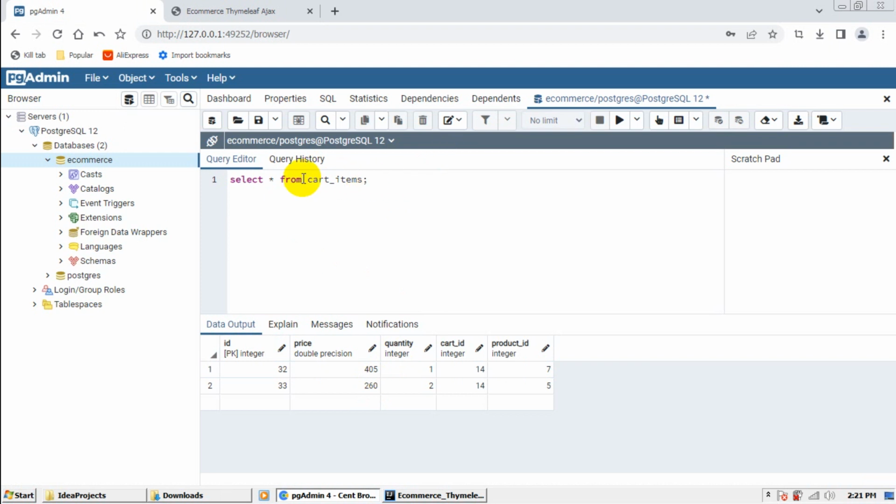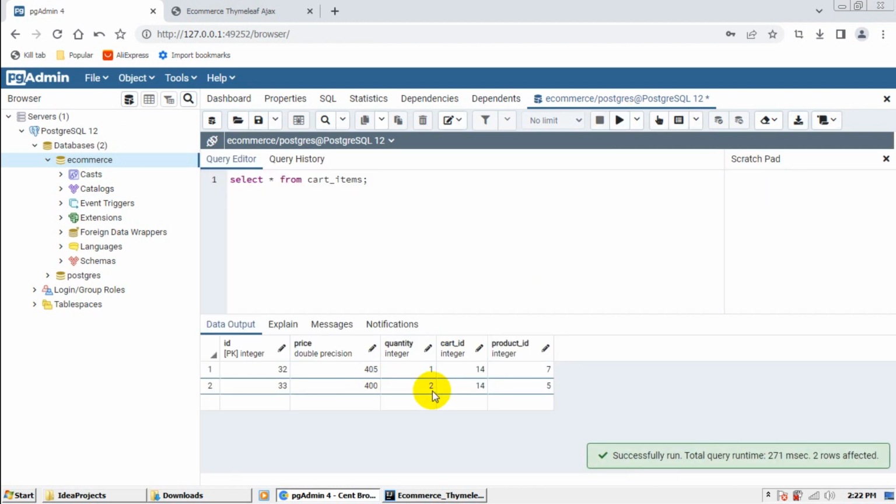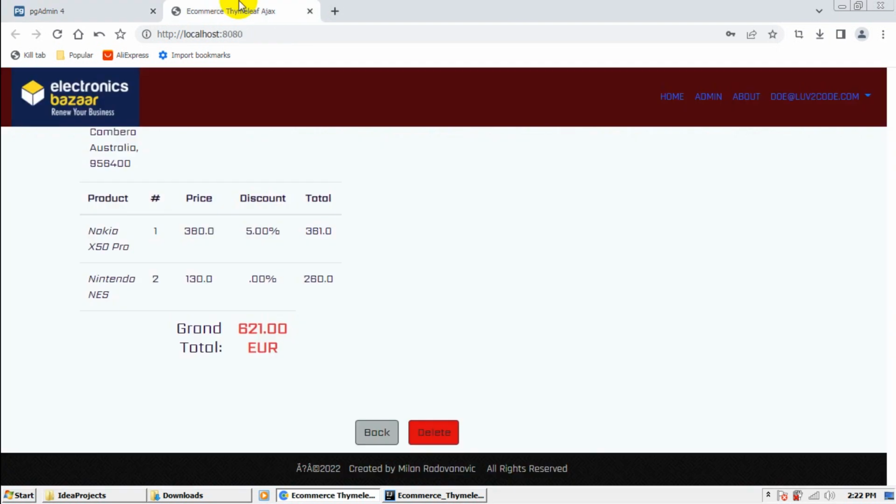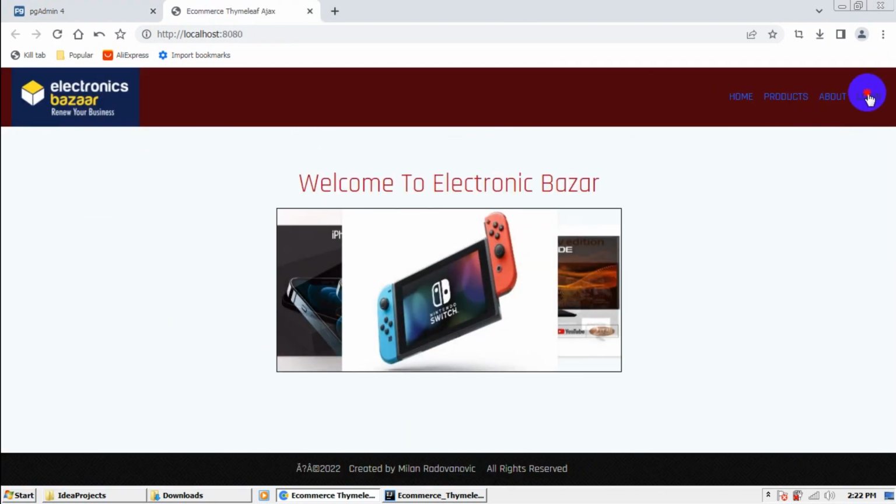Now if we run again, because the price has been changed, it also should be changed in our cart. You will see now we have two quantities in our cart, and now the price is 400 because the price has been updated. Now let's log out, and let's see in the